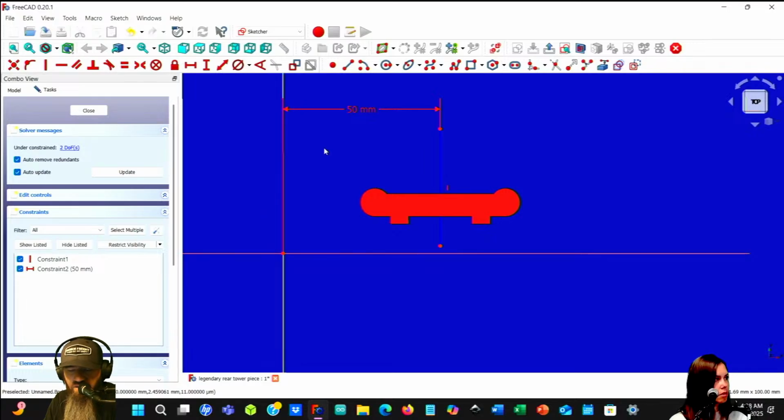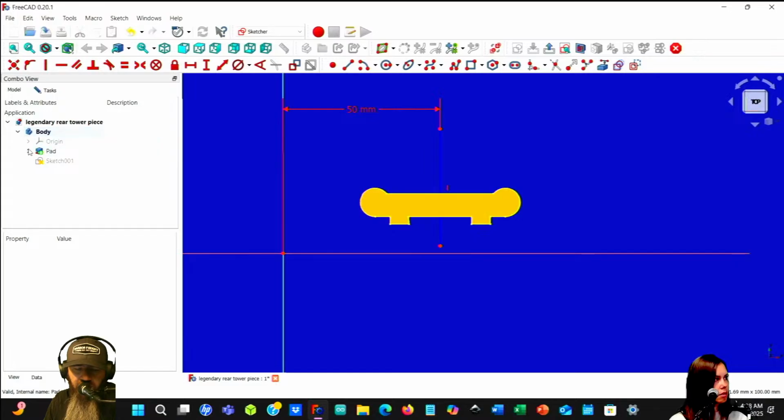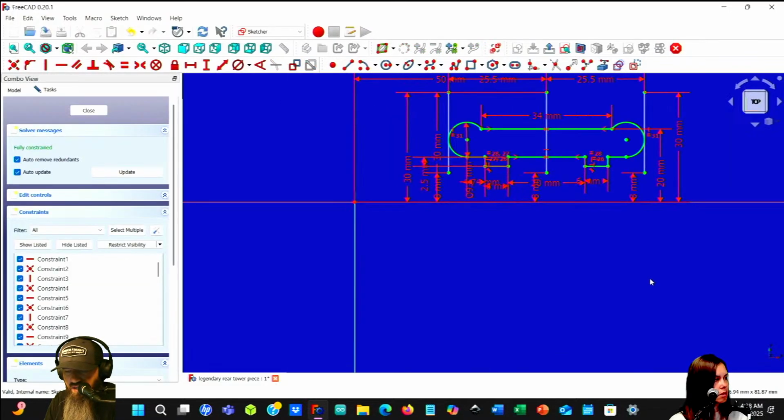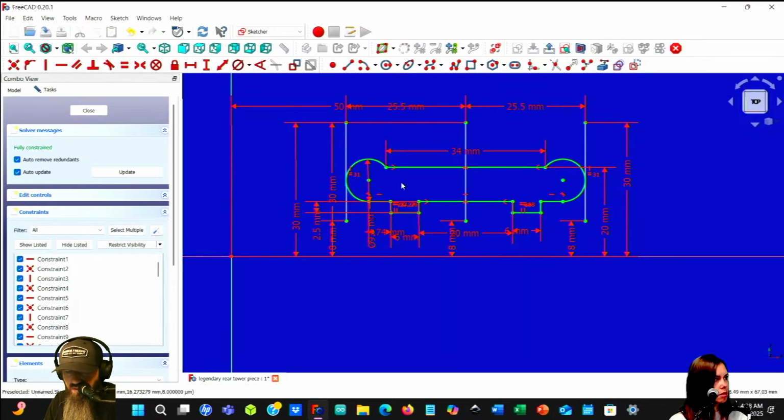I need to go back to my other sketch to figure out what my center point is up and down. So I'm going to go to model and then back to this pad and open up the other sketch. I don't know if these holes are centered. Well, they're not centered in the thing, so I need to put a new hole that's centered.